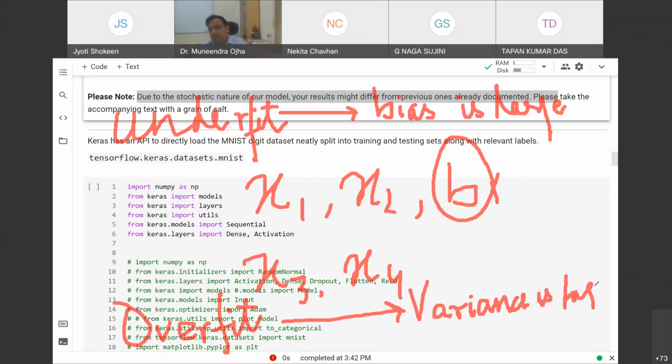Variance is high. Okay. Bias is large, variance is small. And vice versa, here bias is small.